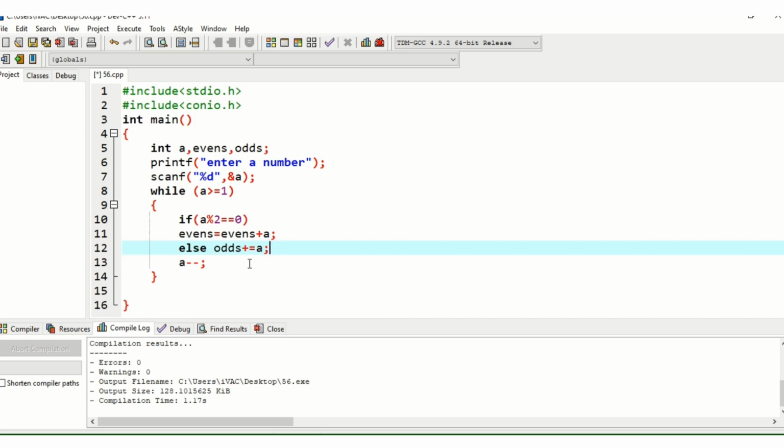Now at the end we need to display those values, evens and odds. Again, we will not display it inside the body of the loop because we will not have the sum of all the values from 1 up to n until the loop executes n times. Here we will write printf sum of odd numbers is